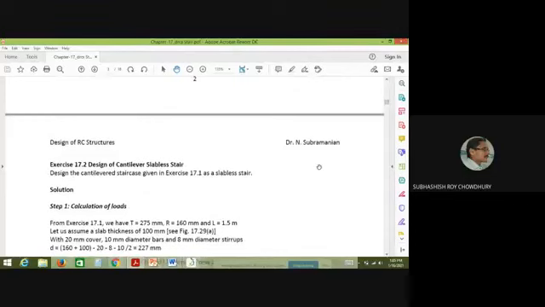So if you have any query, obviously you have to go through the textbook also. This is also a textbook. This is the Design of RC Structure authored by N. Subramanian. So this is a very good book. Other books are also there. The P.C. Varghese book for overall design of structure, I am telling concrete structure, that is also a very good book. The book authored by Pillai and Menon, that is also another book. Okay, there also you will get very conceptual idea. Okay, and this particular book also, this is published recently. That is also a book where you will get different detailed information regarding different topics.